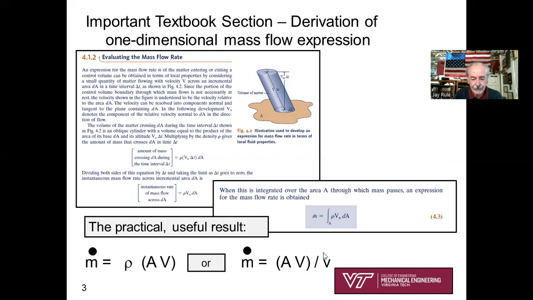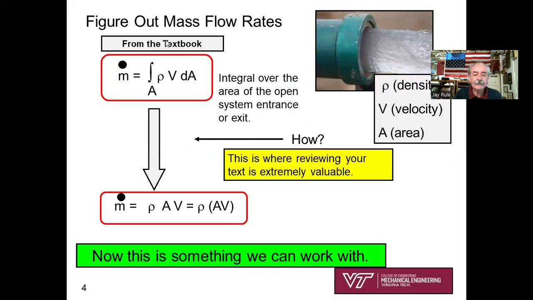I'm going to put that on the next slide, but then the book goes from that first principle expression down to m dot equals rho AV, or m dot equals AV divided by v, little v, that's specific volume. Rho, that's density. Some details about this. And so back to your textbook,